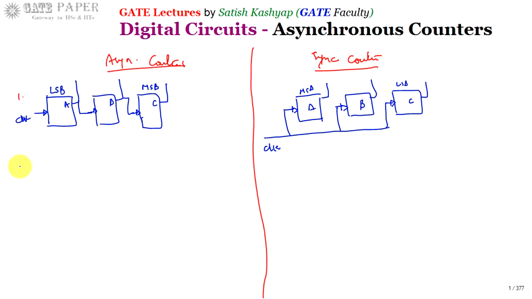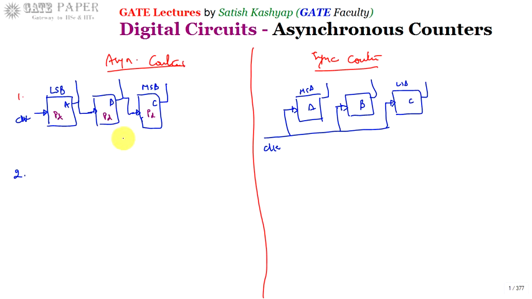And the second difference. Since the clock is only connected to the LSB flip-flop, applying a clock makes the output of that flip-flop change after some propagation delay. If A gives the clock to the B flip-flop and generates the required clock edge, then the B flip-flop changes after some propagation delay. And if the B flip-flop changes such that it makes a clock edge for the C flip-flop, then the output of the C flip-flop also changes after some propagation delay.